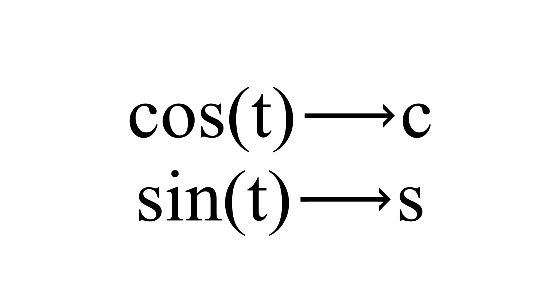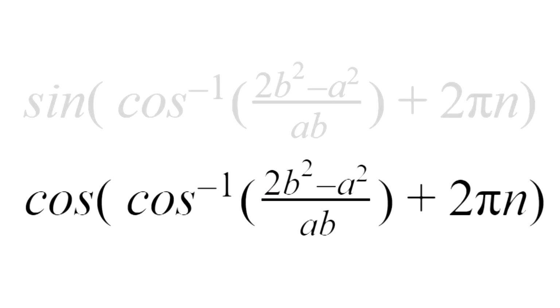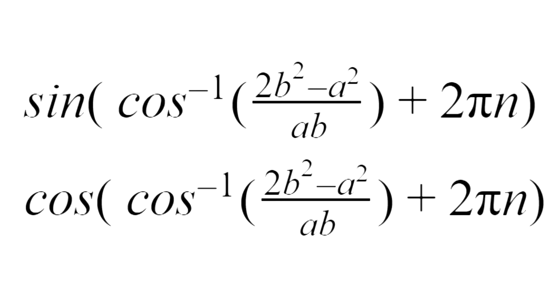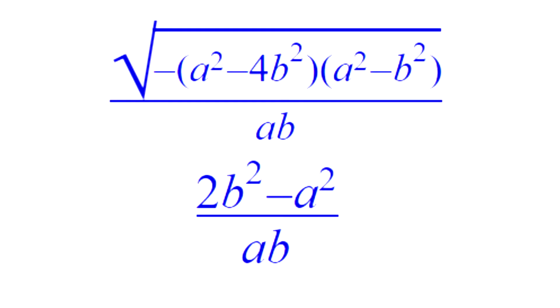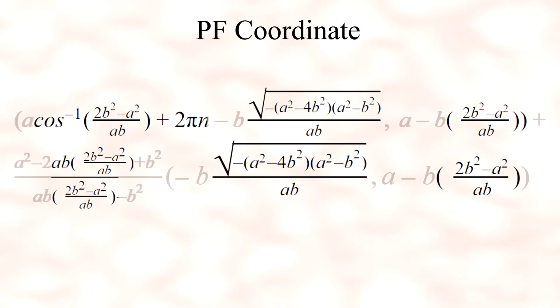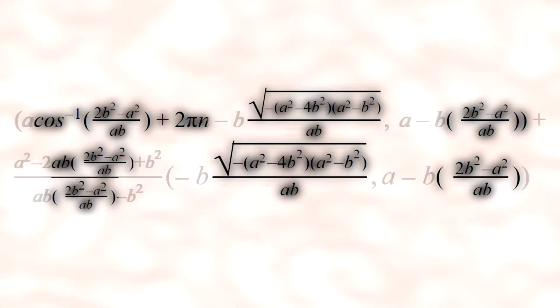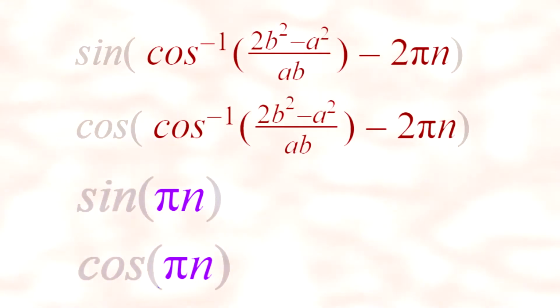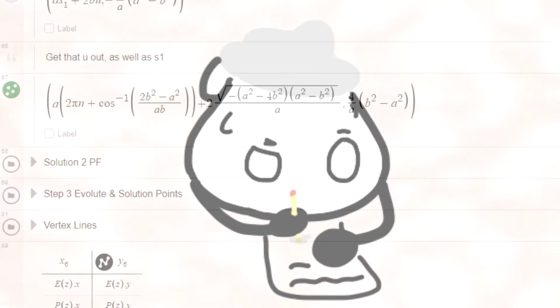Just so you know, we have to plug this long solution inside sine and cosine, and upon doing so, it will give us expressions like this. And each of these are plugged to the parameter, yielding a coordinate of the pseudofocus. But that's not even close to over, because we have to do that again with the other 2 solutions from step 2. But after all the trouble of evaluating cosine and sine and simplifying the parameters, we will end up